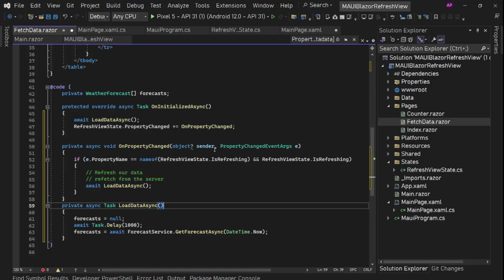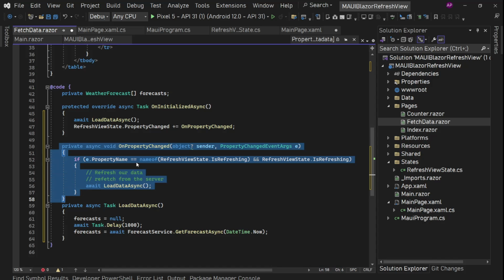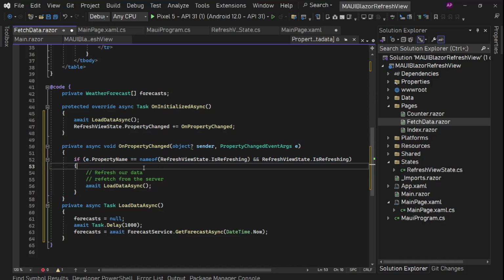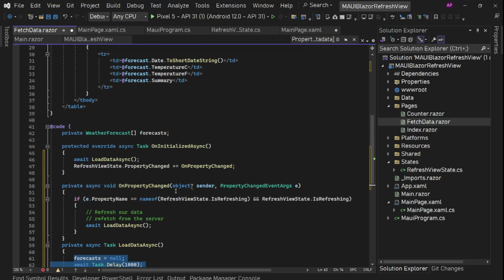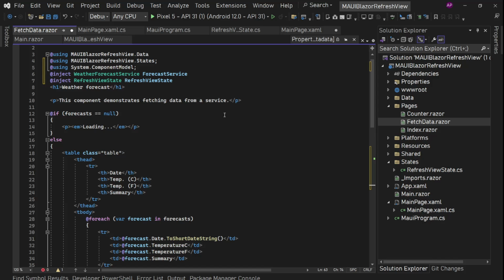Now when this happens from this section, this is an event handler which is being invoked from somewhere else, that is not a part of this current Blazor page directly. What I mean is, this piece of code is being executed from somewhere else, on some other thread maybe. So when we call load data async from here, we are modifying this forecast, but these things are not going to trigger the re-render of this page,